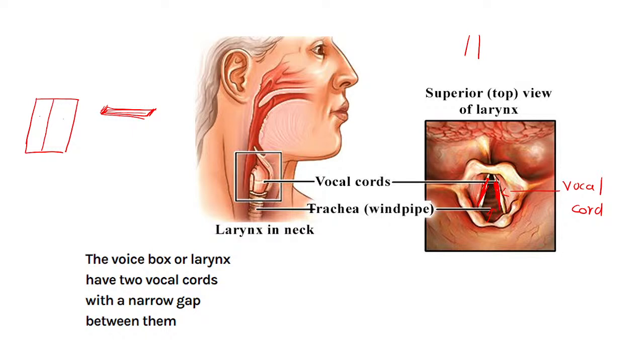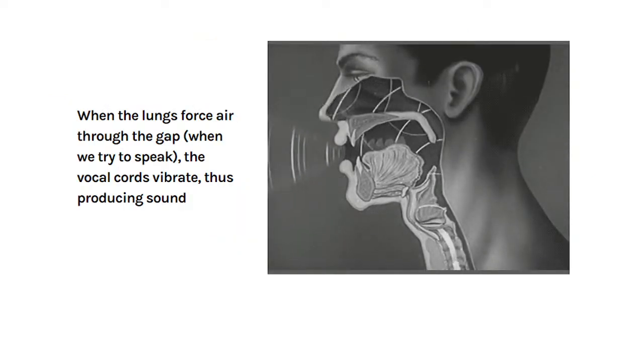Understood this phenomenon? You can try the activity after the class. This is very simple. You just need two paper strips of the same size, attach them, and seal the ends with either sellotape or gum, so that the ends are sealed and you have a gap in between. When you blow air through the strips, you will notice both strips vibrating and producing sound. Same principle I have told you is at work in the human body, and that's how sound is produced.